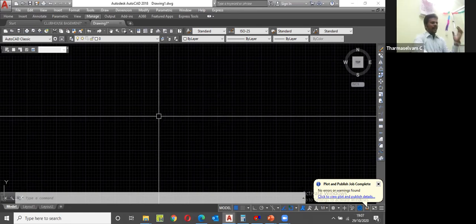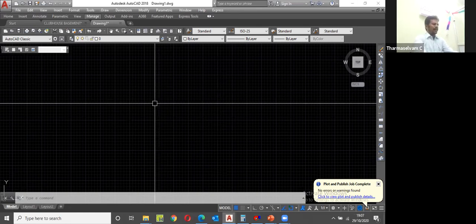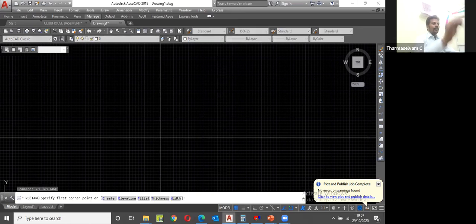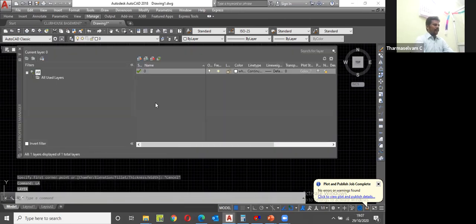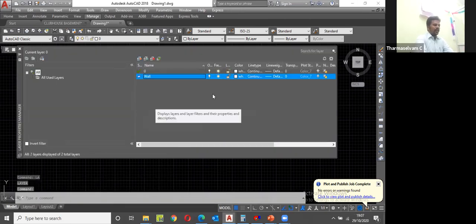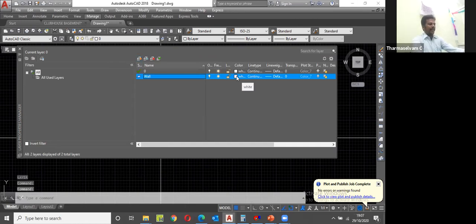Here, simply I am going to draw that building rectangle. Before starting the diagram, you have to create a layer. LA enter. This is a wall. That wall color should be 8. Why? Because this is the other service layer. Create this one as the current layer. I am going to click the tick. This makes it the current layer.